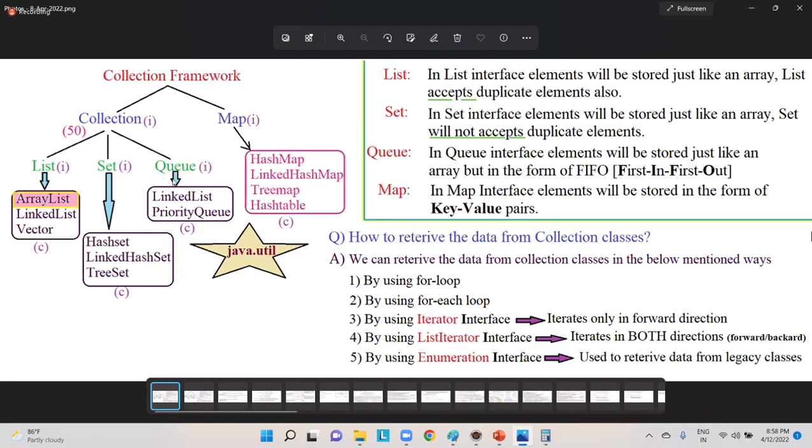Queue. Now, point number one, guys. The first point which you need to remember is how elements will be stored in queue. In queue, elements will be stored in the form of FIFO, that is first in, first out order. And there are two implementation classes, like what are those? A linked list and